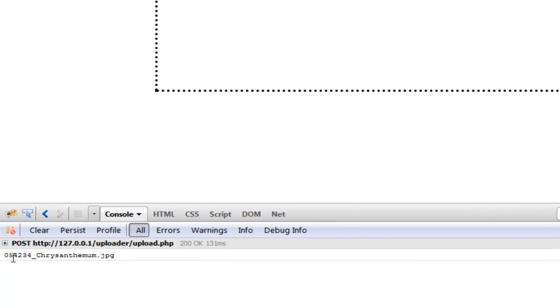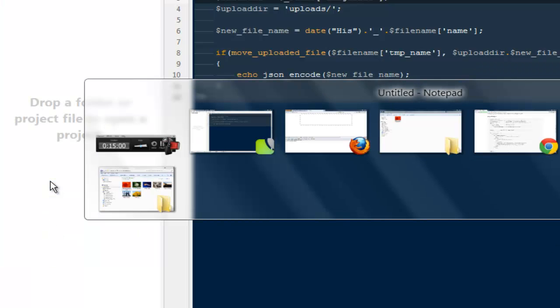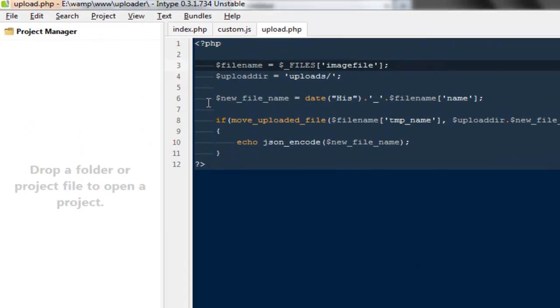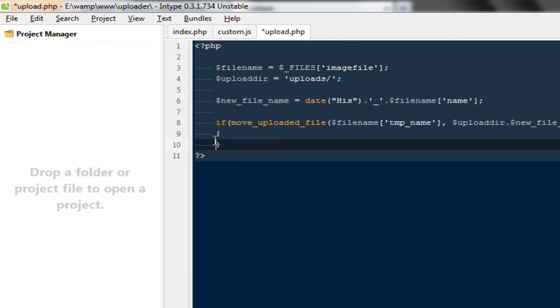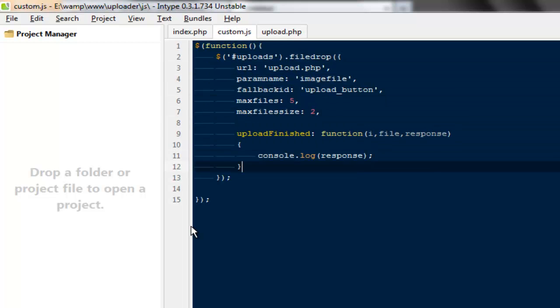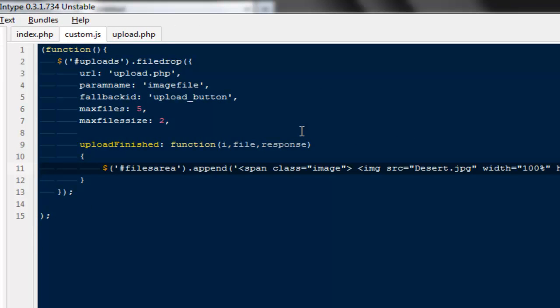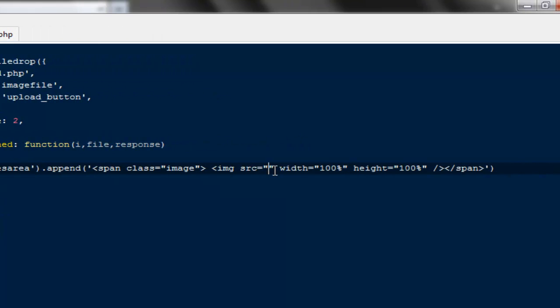It says 054234, the current time right now, and the name of the file that we uploaded. So if I'll go back to my uploads folder, out here I have one file. So now we can actually play with it, guys. I'm gonna copy this span from here. So instead of doing console.log, I'm gonna say $id files area dot append this particular span, and here instead of saying desert.jpg, I'm gonna say